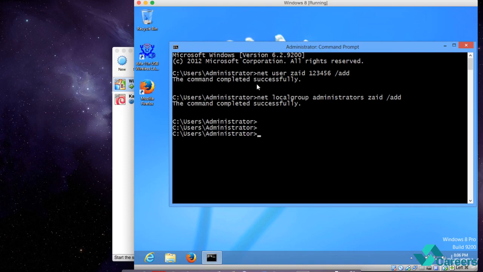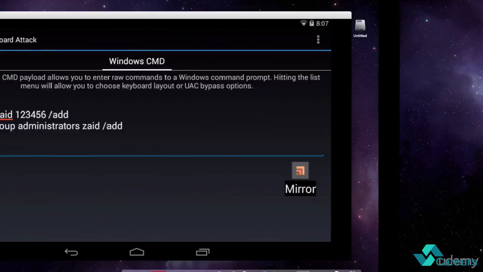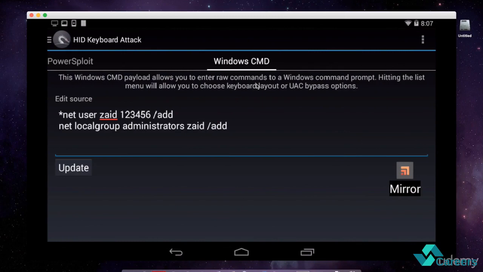As you can see, the commands got executed automatically. I didn't actually type these commands, so the command prompt got opened. I ran the two commands that I wanted, the net user Zaid add, and then the addition to the administrators group. So we actually now have a username and a password on a target machine, and we achieved this only by connecting our Nexus device to that machine. So what we can do now is